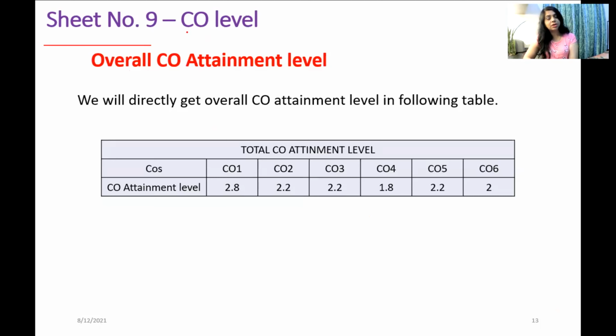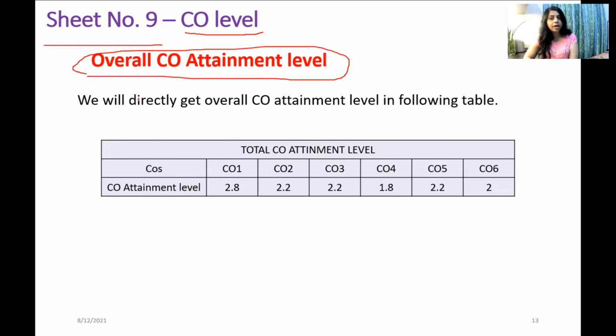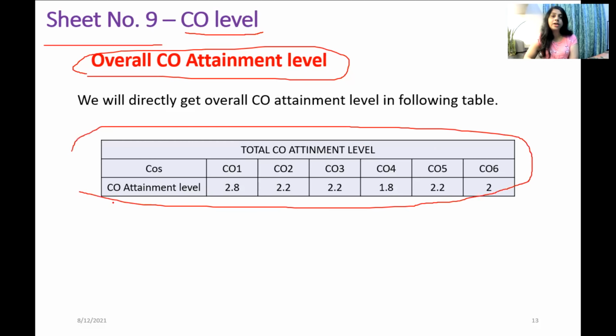Then next, on the same sheet number 9, is the overall CO attainment level. Again in this table, it will fetch the values from previous tables and directly give you the CO attainment level. You need not enter any value, but you should have this table with you because it is the overall CO attainment based on internal assessment and university exam. This I have explained for type 1. Type 1 means there is 20 marks internal assessment and 80 marks question paper, with a total of 120 marks of questions available in the question paper.